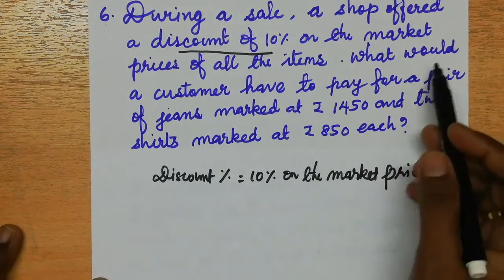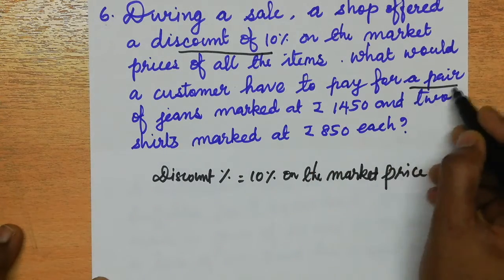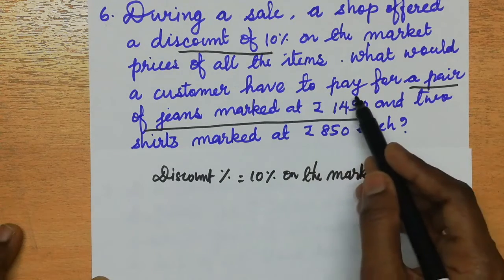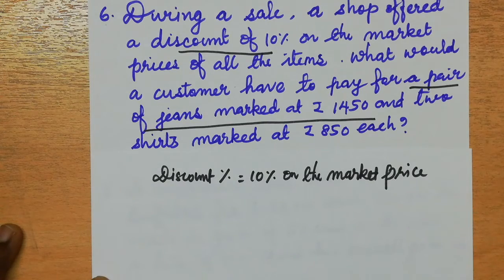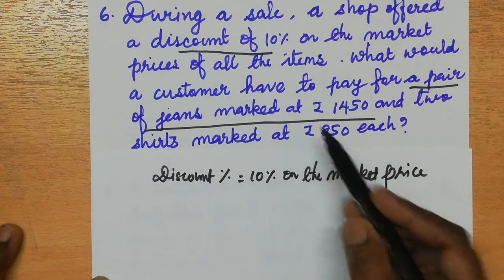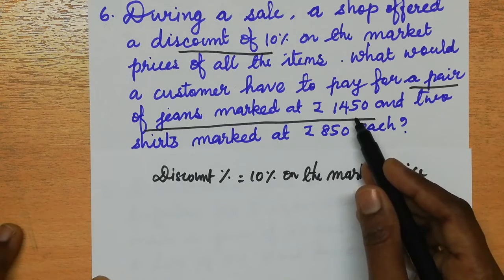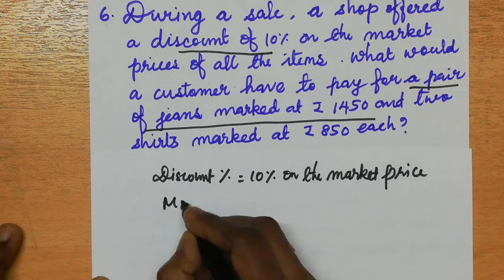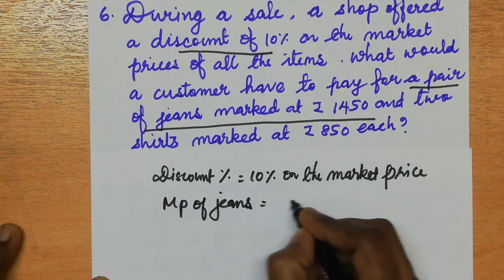Then what they are asking: what would a customer have to pay for a pair of jeans marked at rupees 1450? What a customer has to pay means the selling price. We have to find the selling price of a pair of jeans marked at rupees 1450. Here the market price means the cost price itself. So here we can write the marked price of jeans is how much? Rupees